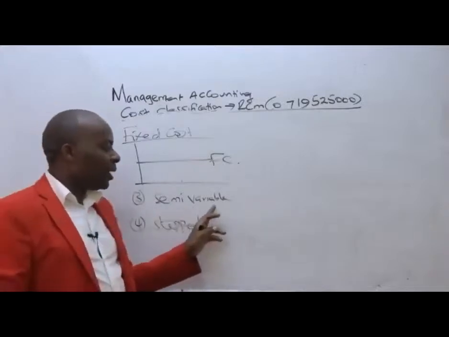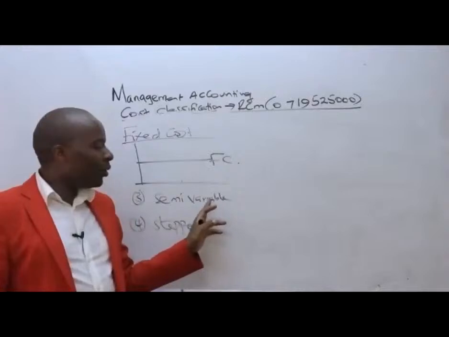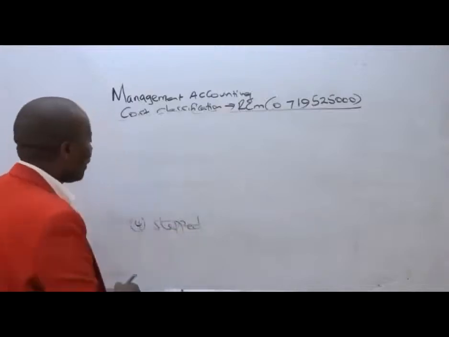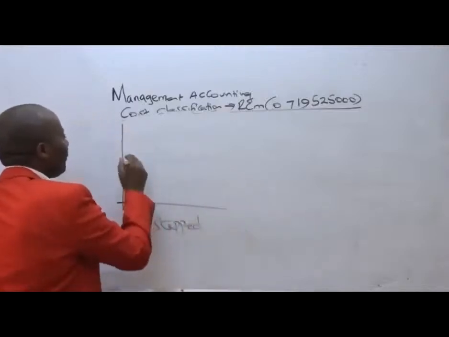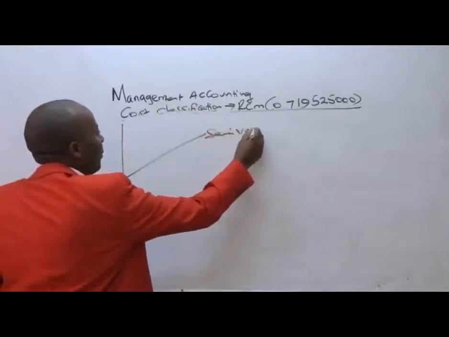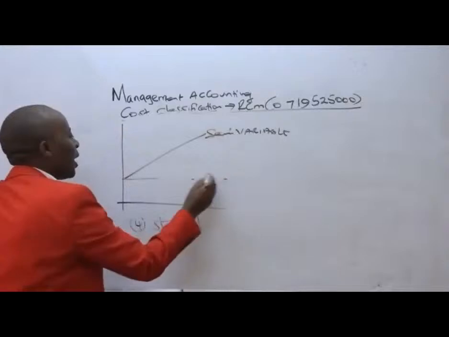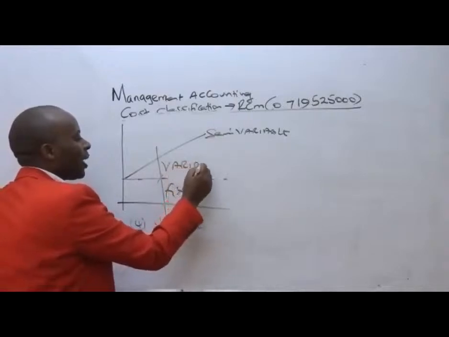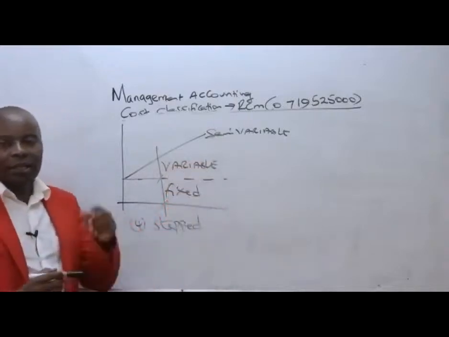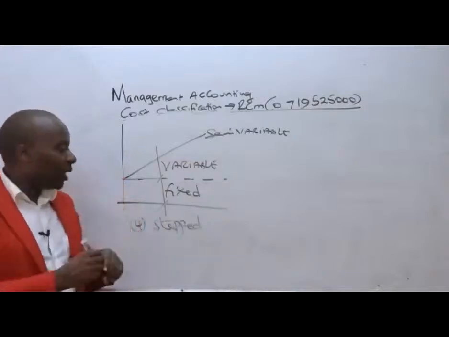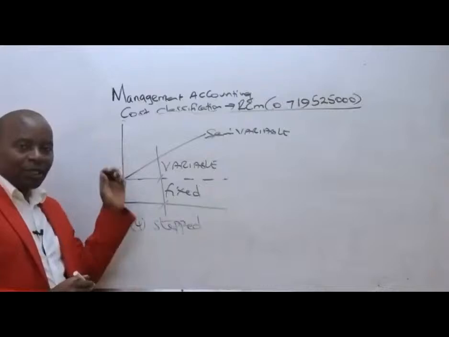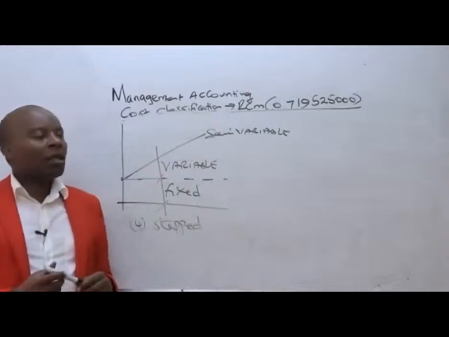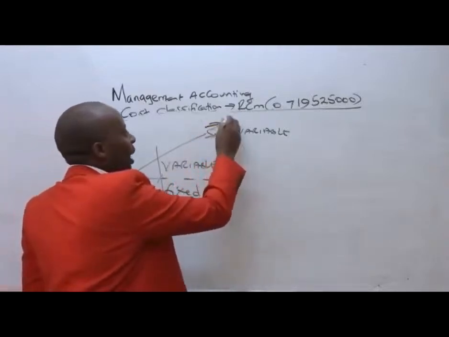Now from there, we have the semi-variable cost. Semi-variable cost, as the name suggests, ladies and gentlemen, this is how the semi-variable cost will behave. Semi-variable costs are those costs that are partly fixed and partly variable. So you can see it is not beginning from zero here. It's beginning from a point up there. Now listen, ladies and gentlemen, listen. If you have, for example, an electricity bill